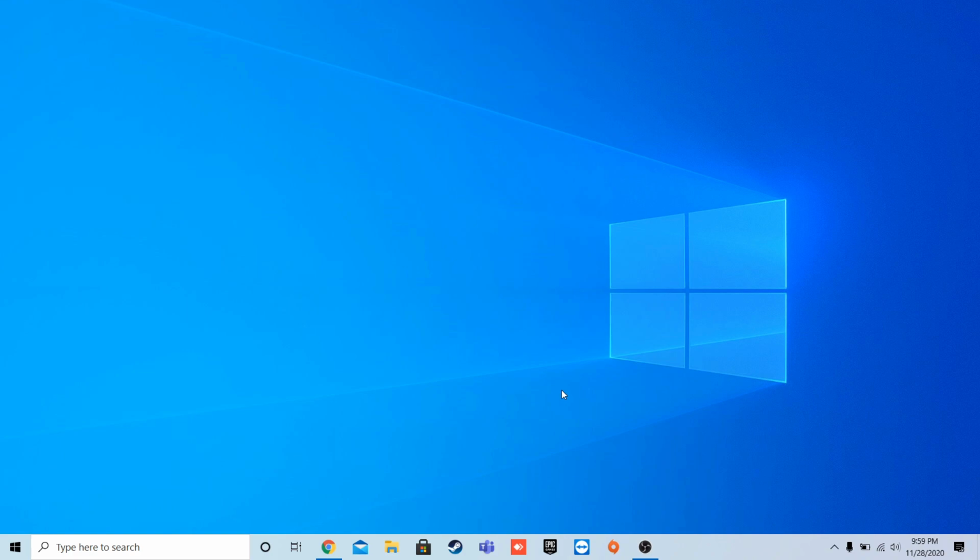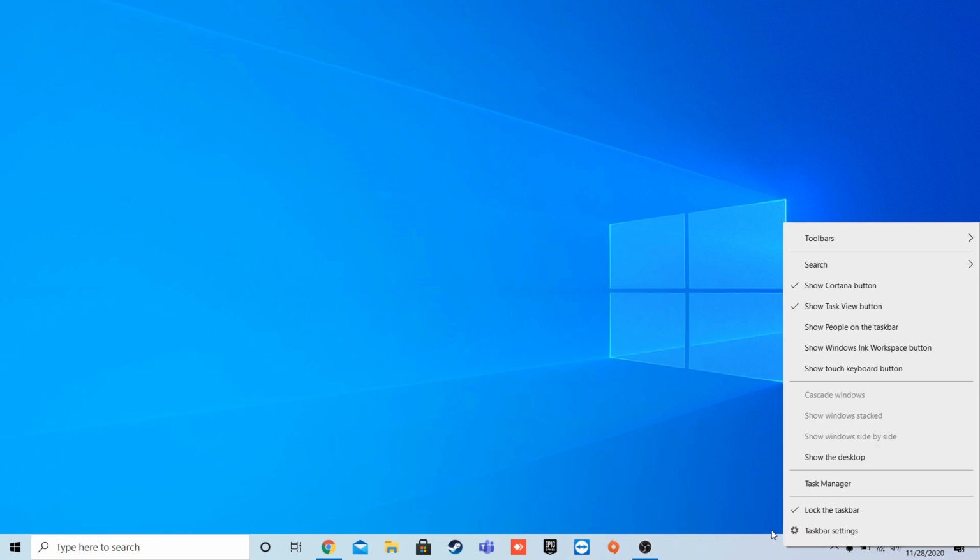The next thing that we are going to be looking at is the taskbar down here. You can see that there's a lot of unnecessary buttons here, so what you can do is right click and